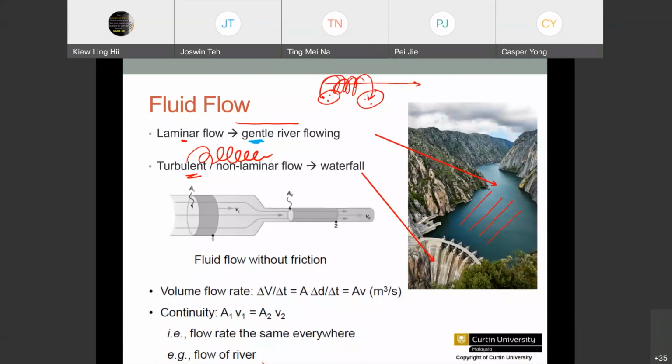All right, so this is why sometimes we have to look at the flow also, the flow of the fluids. So when it comes to engineering, these are the things that you are going to study. So let's say if I would like to conduct this kind of experiment, then what kind of flow? This is what you have to consider also. So no matter what type of flow it is,